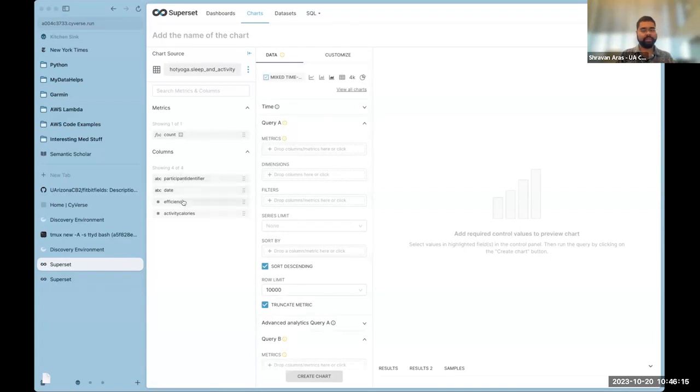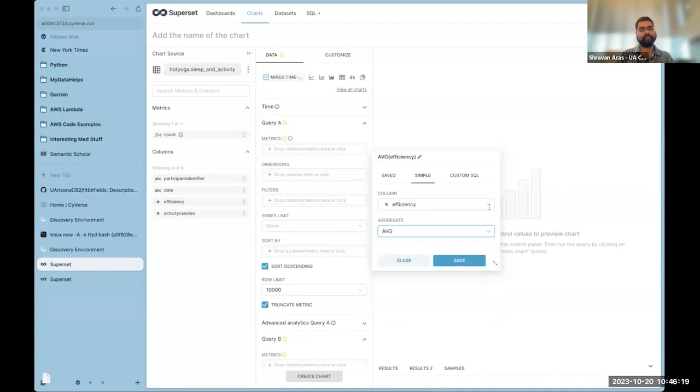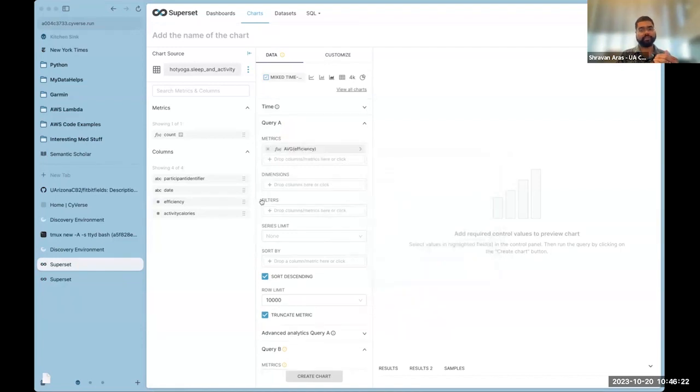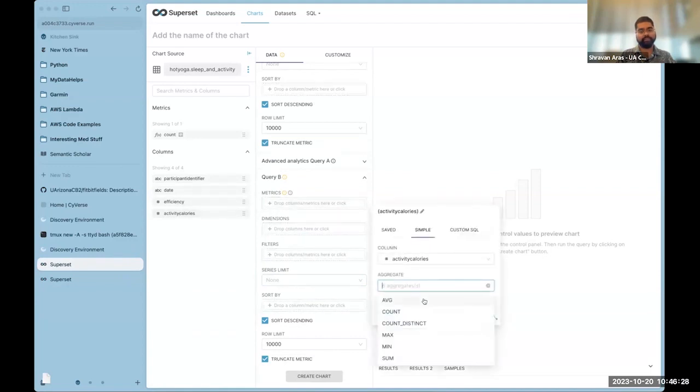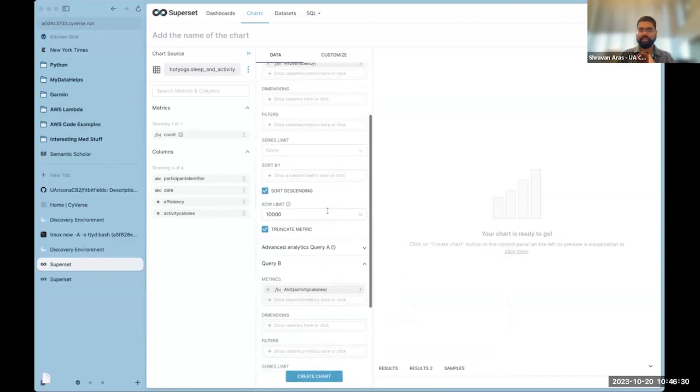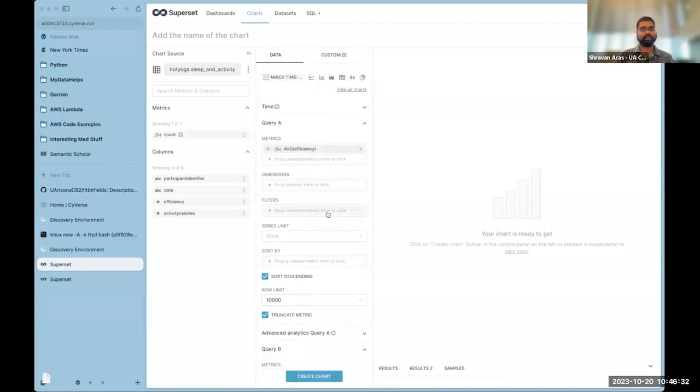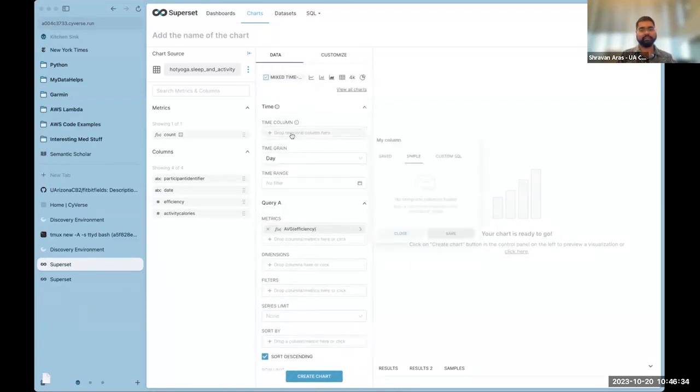So for query A, I'm going to look at efficiency. Again, we're going to look at the average aggregate across all the participants. For query B, I'm going to look at activity calories. Again, I'm going to look at average aggregation across all participants. So let's just keep it at that and see how it works right now. It should have automatically filled in. It didn't. So let me just go ahead and,